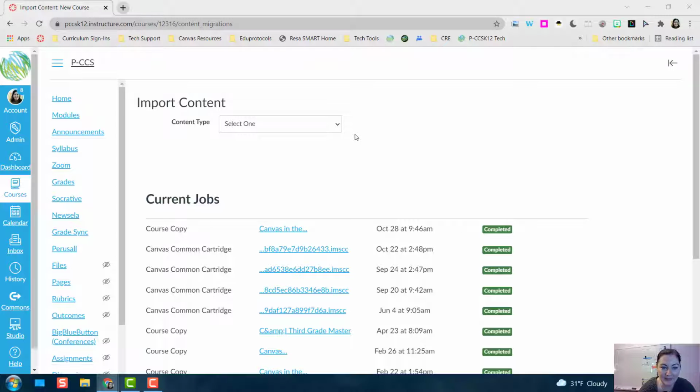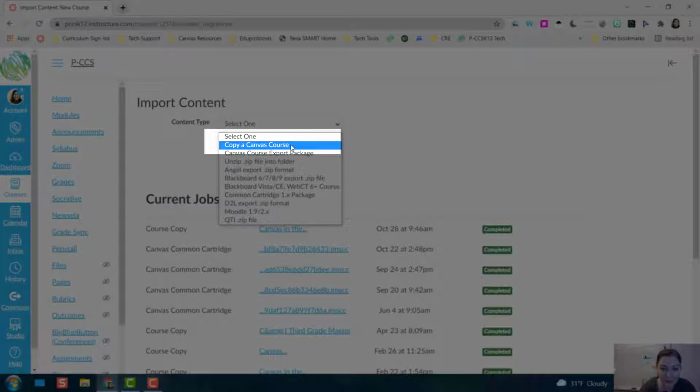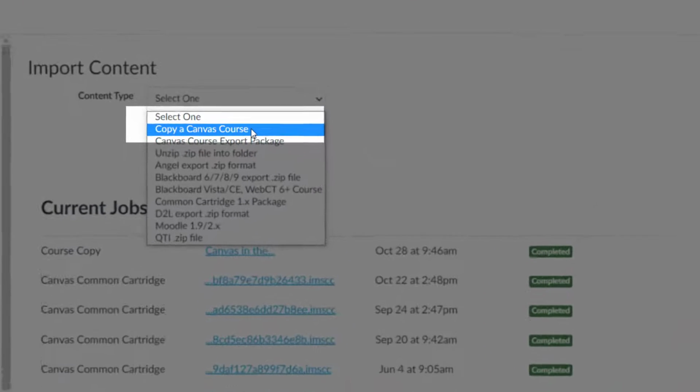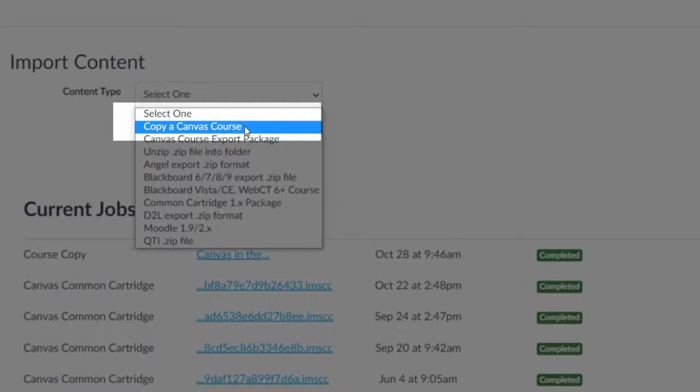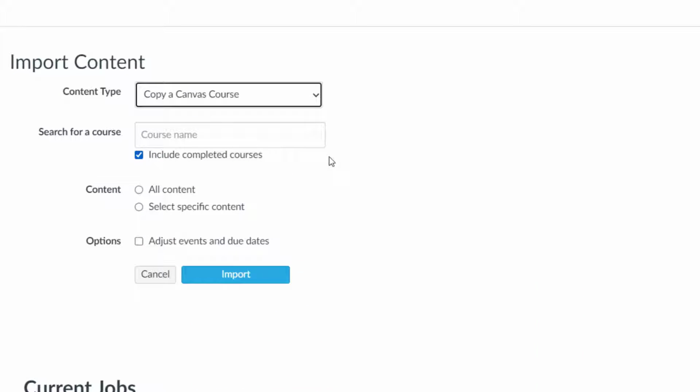Now that I'm here, I'm going to click on this arrow to see the different content types I can upload. And I want to import a Canvas course that I've already used, whether it be from last year or something I've been working on over the summer that I want to import into my new course for the new year or semester. So, copy a Canvas course,